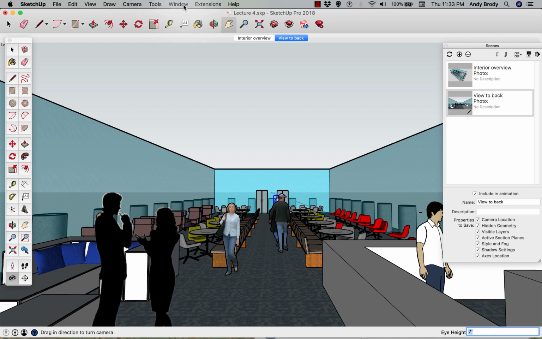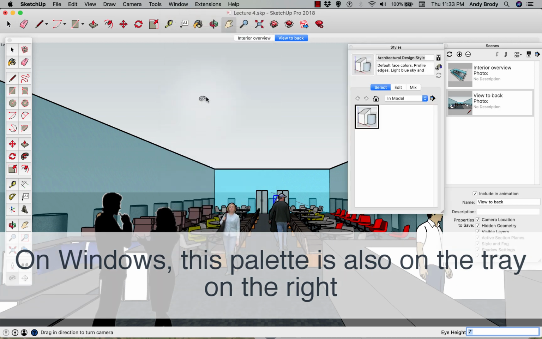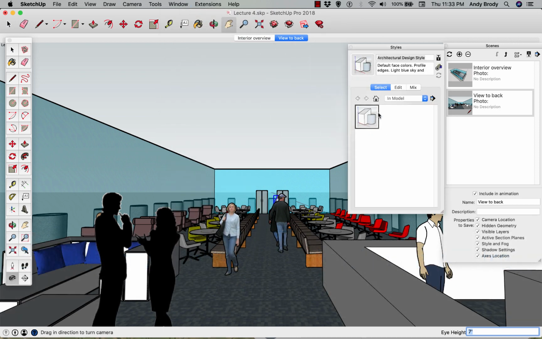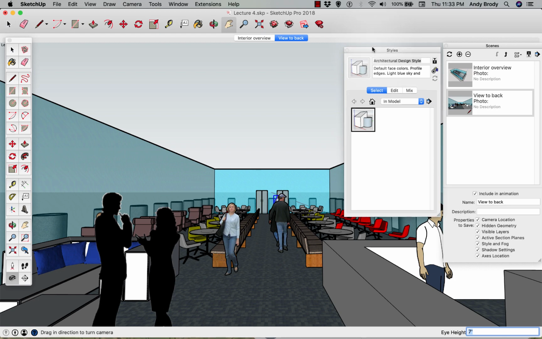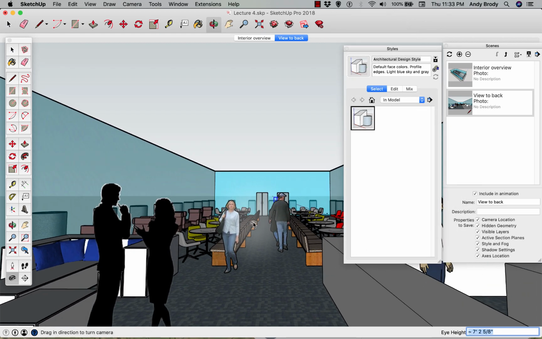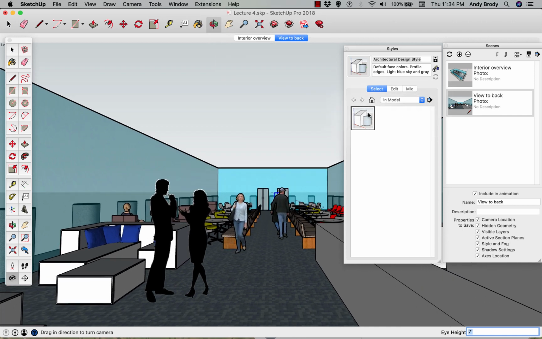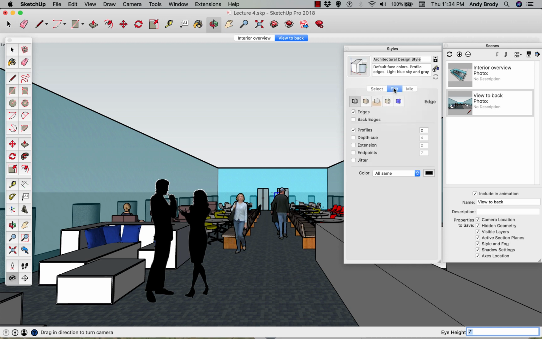If I go to the Window pull-down menu, you'll see that there's a whole menu called Styles. What that means is anytime you make graphical changes to your project, it is possible to save that kind of graphical configuration as a style. Right now I have only one style in my project, which is just the default one. It's called Architectural Design Style. I'm going to go to the Edit tab and rename that. I'm just going to call it Section Planes